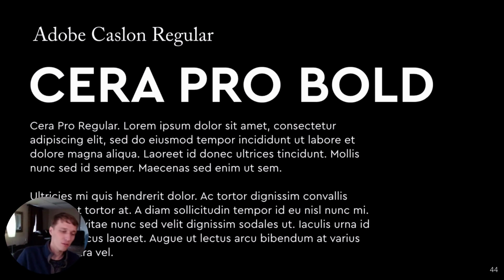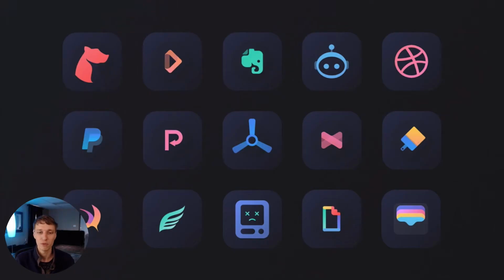Another thing that's really useful in an identity system, or when you're creating a website or something, is that icons are really, really useful, especially when you're making a website. And so, you know, there's different icon packs out there. You don't need to create these. There's icon packs all over the place. A lot of them are free. But what I do recommend is finding an icon pack and sticking with it, because each icon pack has a different style and a different theme. Like you can tell these all work together.